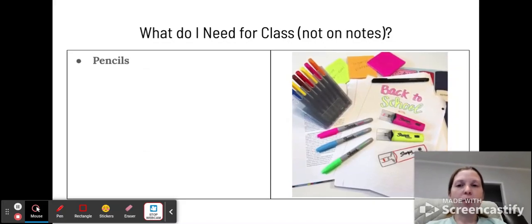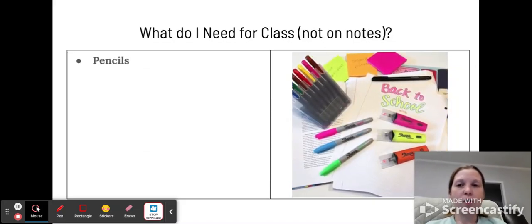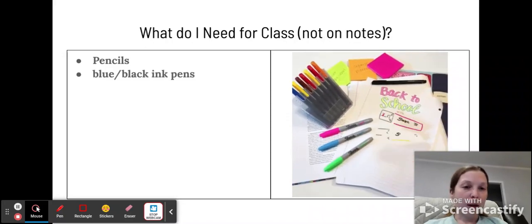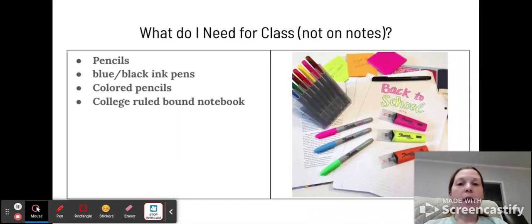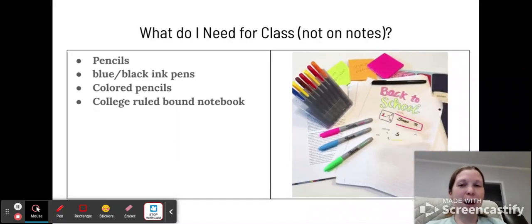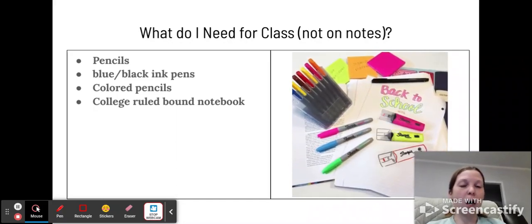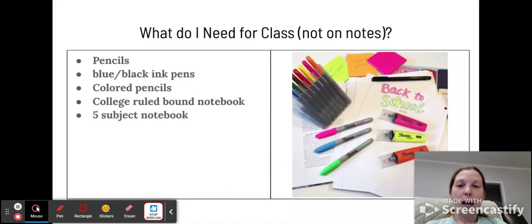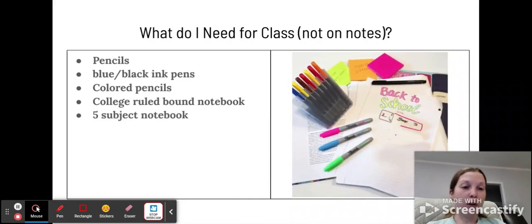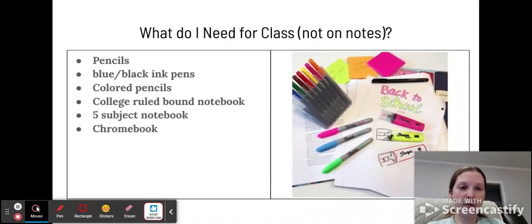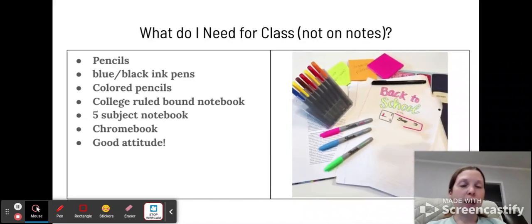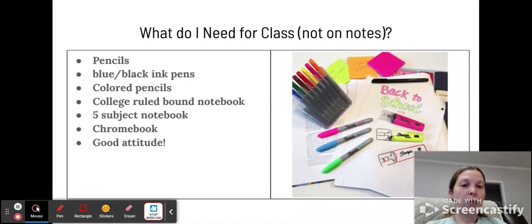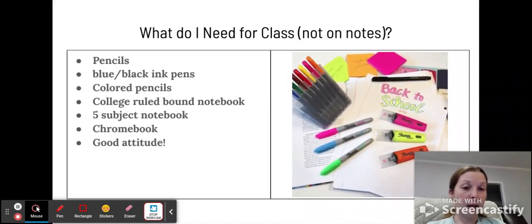And then the items you need for class, just make sure you have pencils, blue or black ink pens for lab, colored pencils, a college ruled bound notebook. This is your lab notebook, and a 5-subject notebook for your interactive notebook. Make sure you always have your Chromebook charged and ready to go because you're going to use it very often, and a good attitude, because if you come in here complaining every day, you're not going to